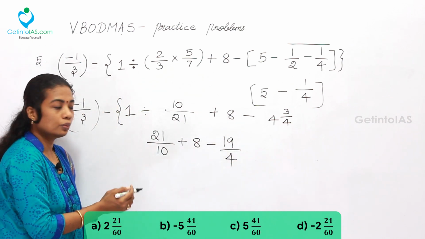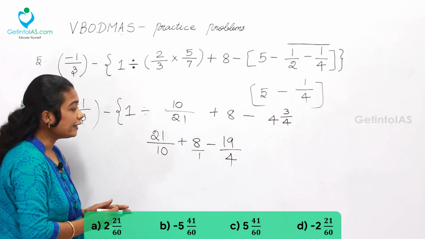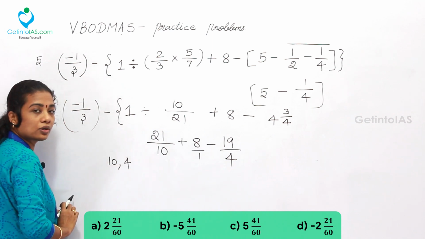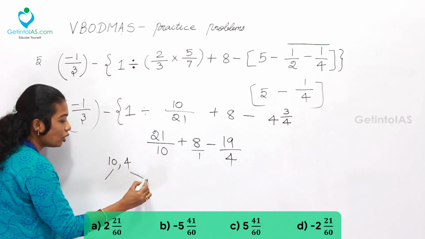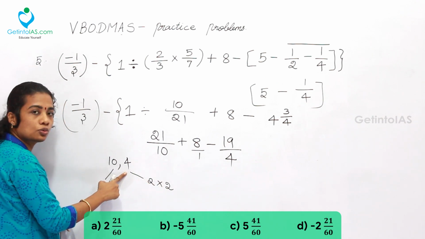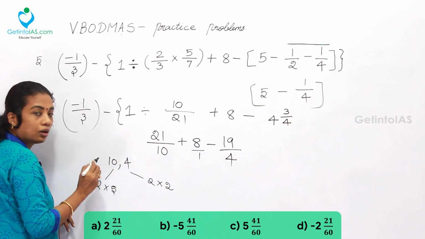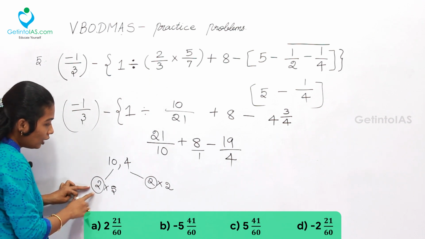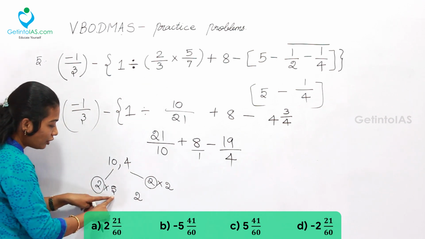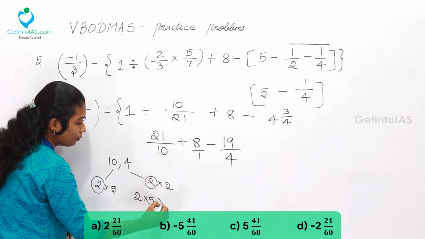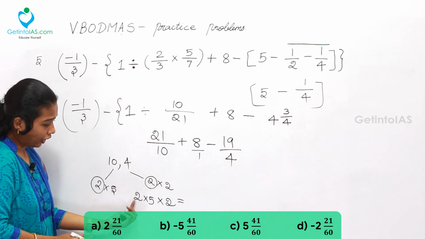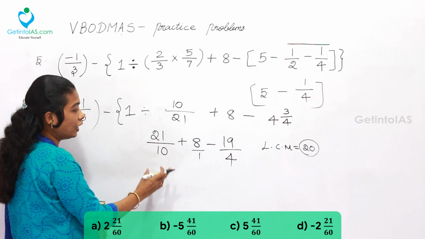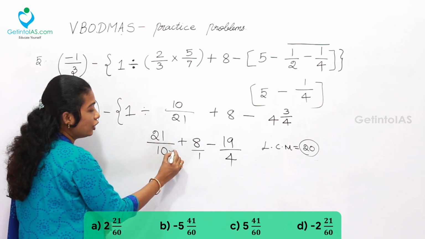Now what we want to do is, here the denominator is to be considered 1. Take the LCM of 10, 1 and 4. So no need to take 1 separately. It is common. So 10 and 4, what is the LCM? Directly you can check 2 into 2, which is 4. Here 2 into 5, which is 10. So what are common things over here? You can make a circle over here. Now to take the LCM, take the common value only one time, 2. Afterwards this 5. Afterwards this 2. Finally the LCM is 5 into 2, 10 into 2, 20. That is the LCM.